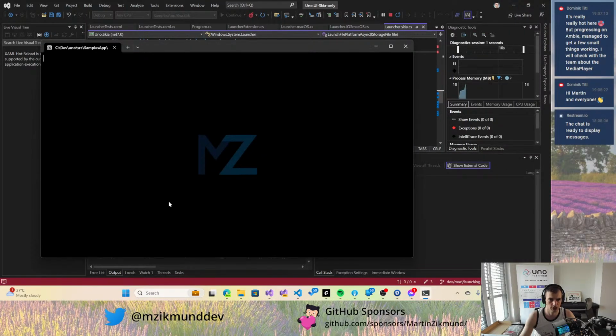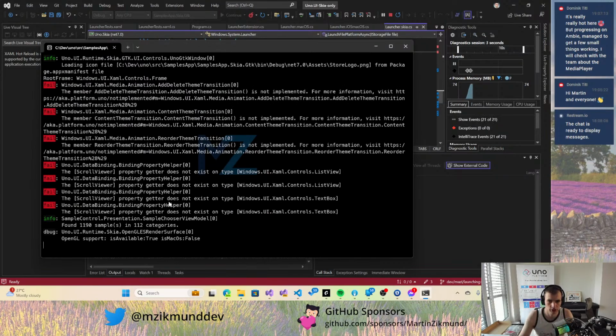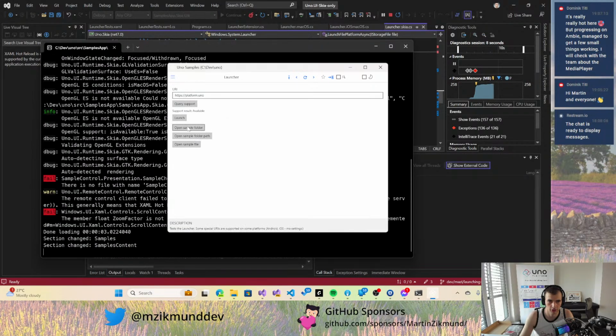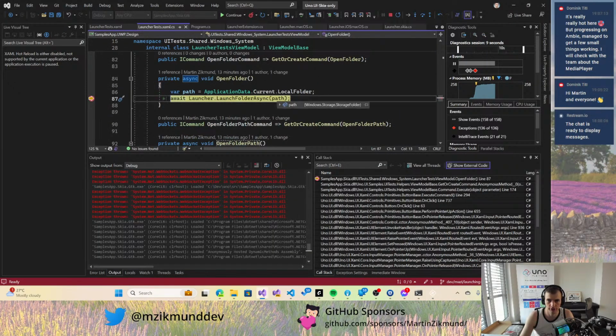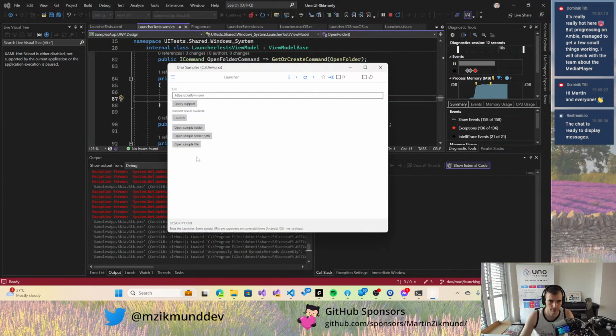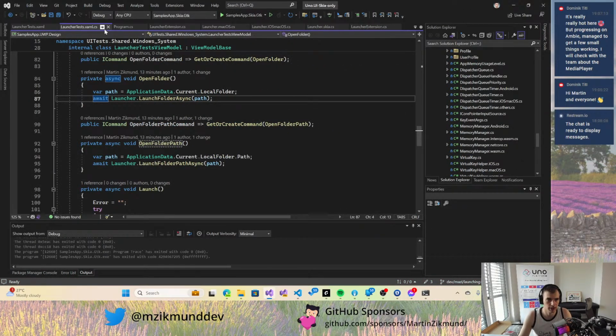So let's see. Our samples app is running. Let's go to Windows System, Launcher, open sample path. Okay, so our local folder with path of this opens successfully. We open the sample file, it works. We open the sample folder path, it works. So now let's do